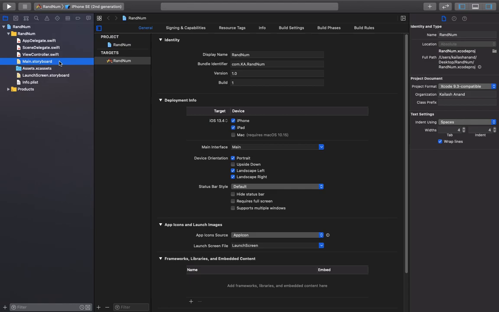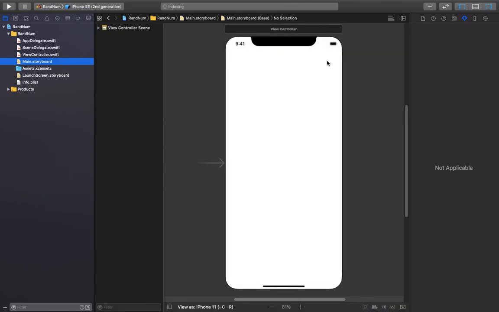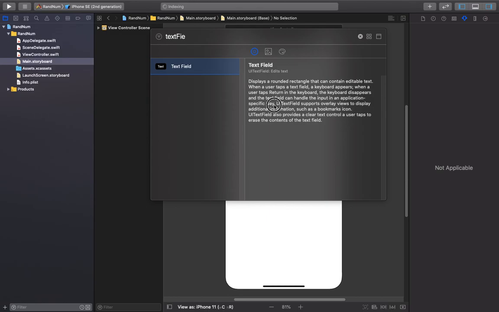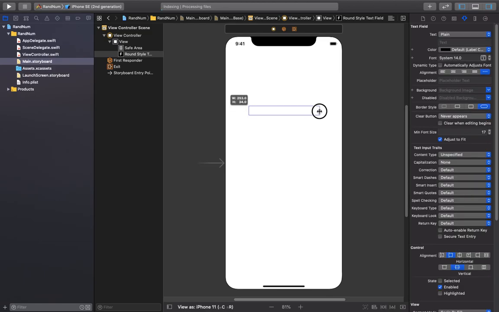So the main storyboard is honestly going to be very normal. It's not going to be a full-blown, beautiful looking storyboard. Very straightforward one. So we're going to just take a text field, and type in your